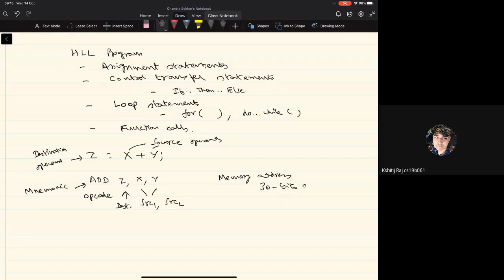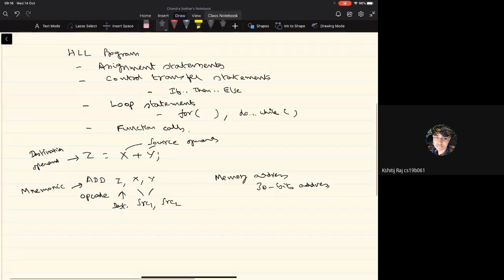So in a typical system, we'll be seeing that the memory address will be maybe about a 30-bit address, right? Because we are typically dealing with memory spaces of a few gigabytes. And in order to specify one of the memory locations in such a huge memory space, it requires of the order of 30 bits. So if I have to put 30 bits for each of the operands, then the information about the operands itself takes 90 bits, and then opcode requires a few bits. Let's say it takes six bits, right? Then the whole of this instruction representation requires maybe 96 bits.